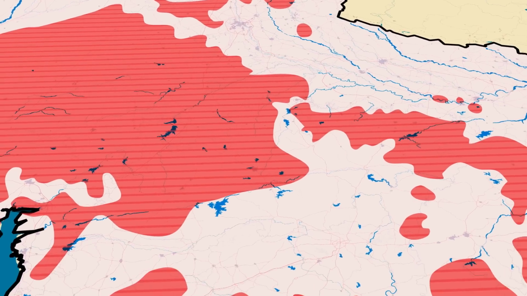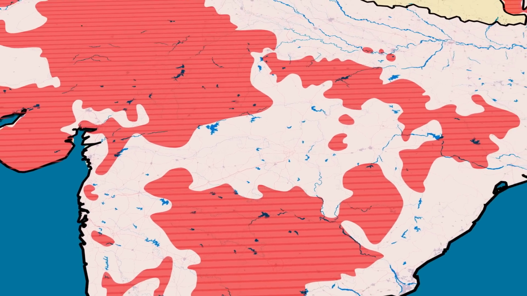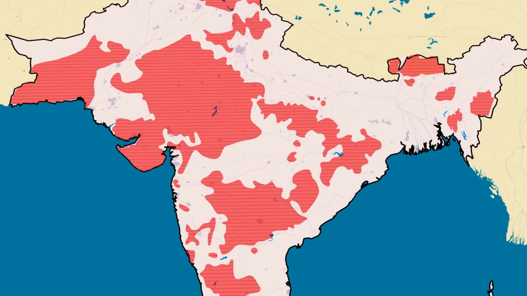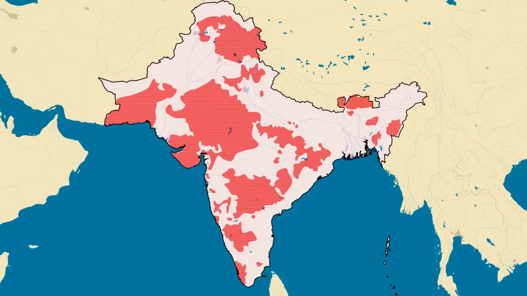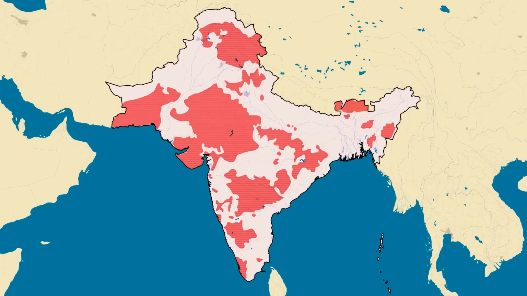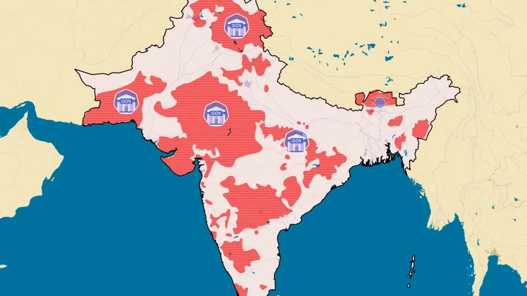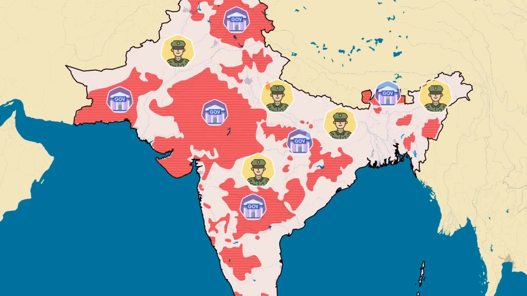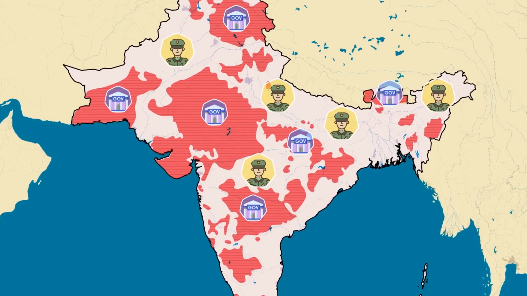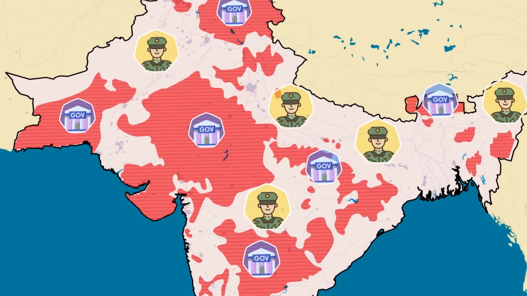The princely states operated under the doctrine of paramountcy, which asserted the Crown's supremacy in foreign policy and defense, while allowing them varying degrees of autonomy in internal affairs. Governed by individual treaties, this arrangement created a complex mosaic where some states enjoyed near-complete self-governance, while others were subject to significant external control. As India and Pakistan approached independence, the British announced that paramountcy would lapse, effectively dissolving the treaties that had bound the princely states to the Crown.